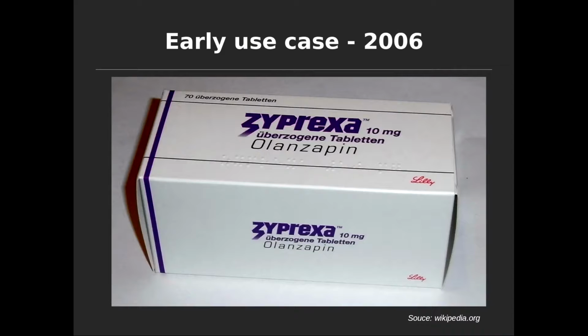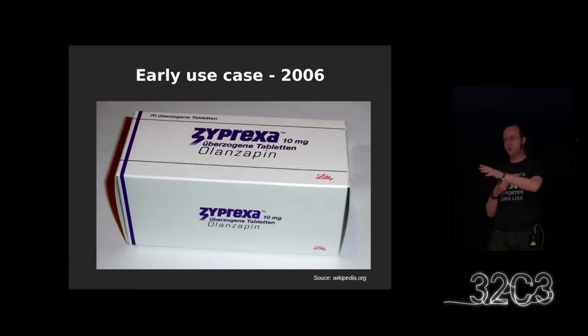There's a huge pharmaceutical company called Eli Lilly, and they have an antipsychotic drug called Zyprexa, and it turns out that it was giving people diabetes and harming them and killing them, and they knew about it. Somebody leaked 11,000 documents onto the internet showing that this drug company knew about the fact that they were harming their customers. And of course, the drug company sent a cease and desist to the website, and it went away, and it came up somewhere else, and they sent a cease and desist, and it was bouncing around.